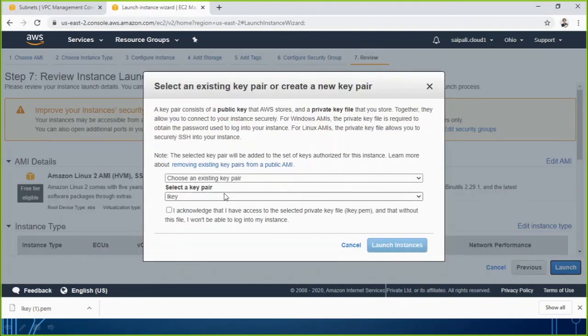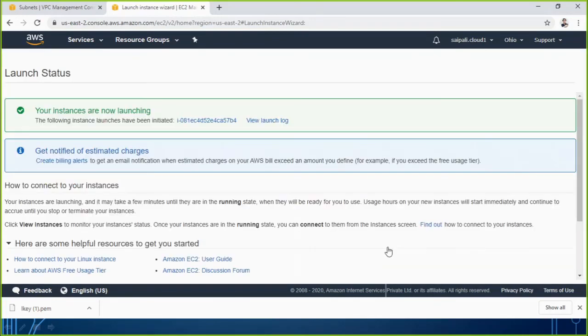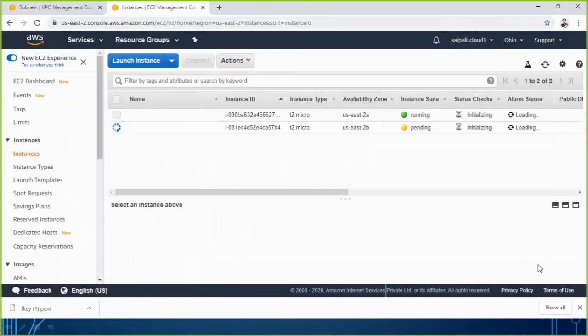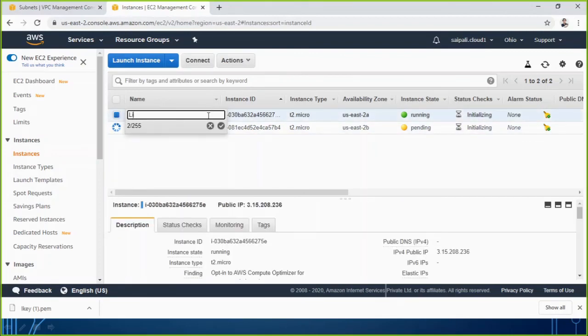Exactly the same steps I am following here, even the same key. I have just changed only the network and subnet, and click on view instances. So now we have two instances running here. The first one we created, let me give the name Linux 01